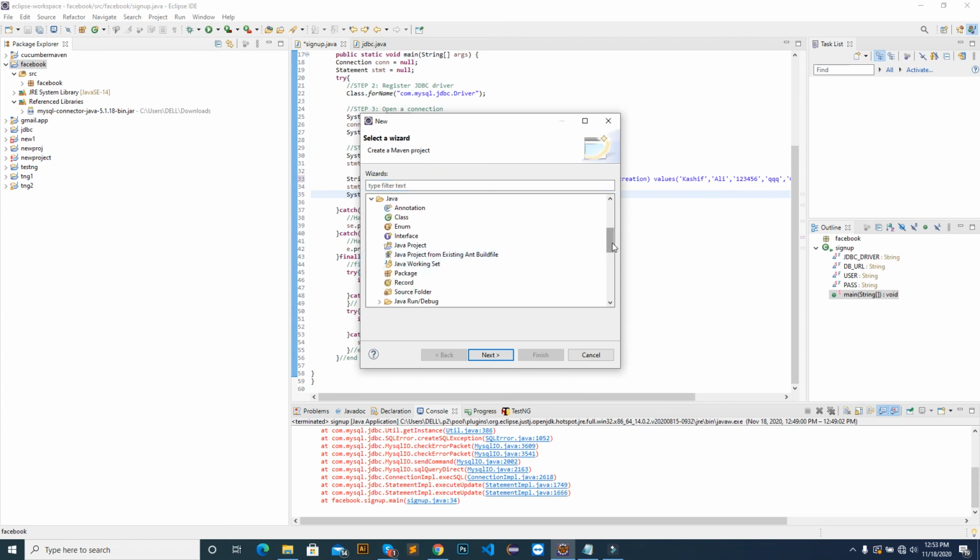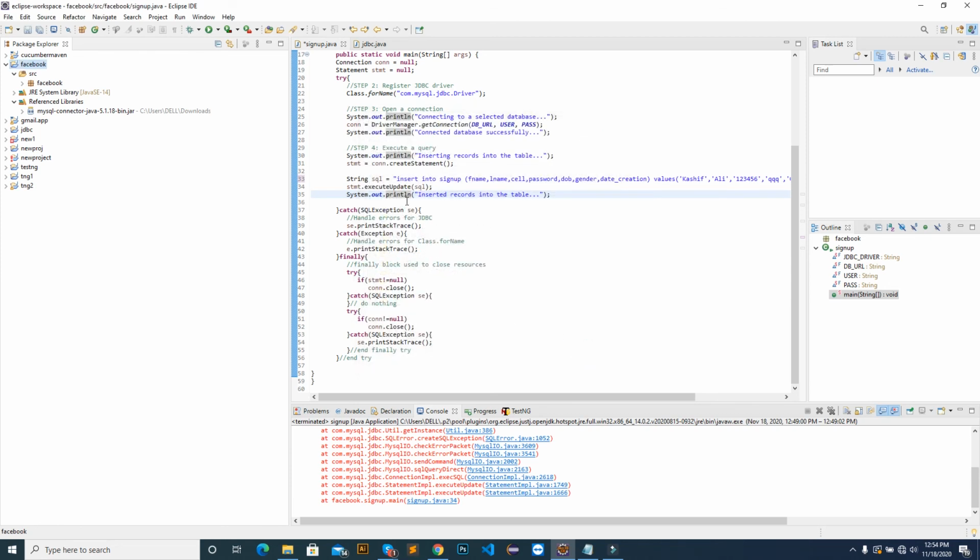These are the different kinds of Java folders. There is Maven, SQL deployment, and web services. You see, if you want to create a web service, there are examples also, and you can use this. So this is how we insert.